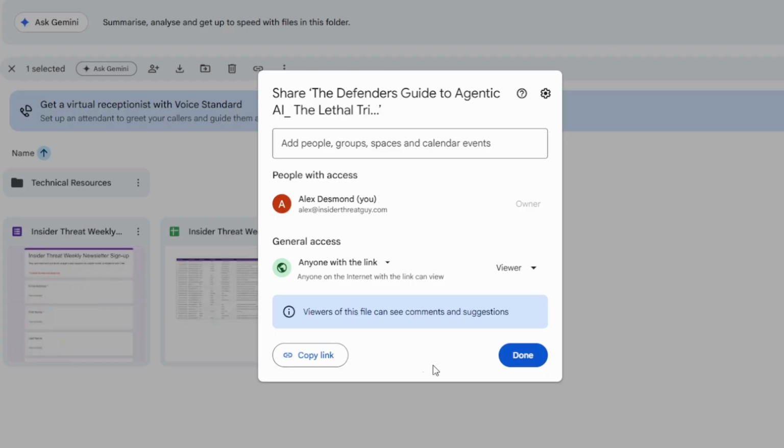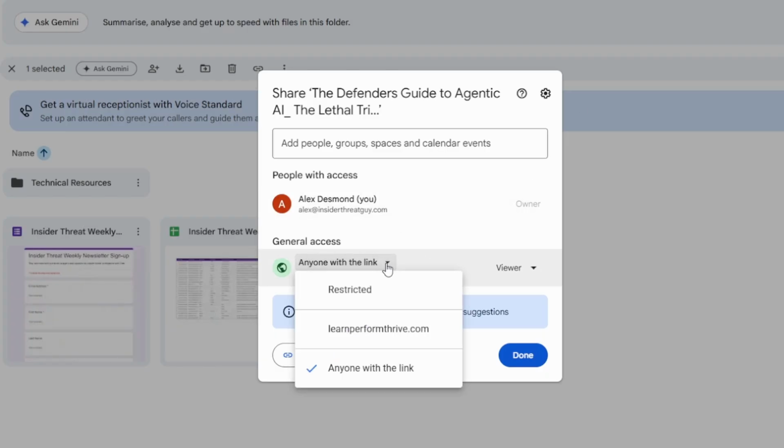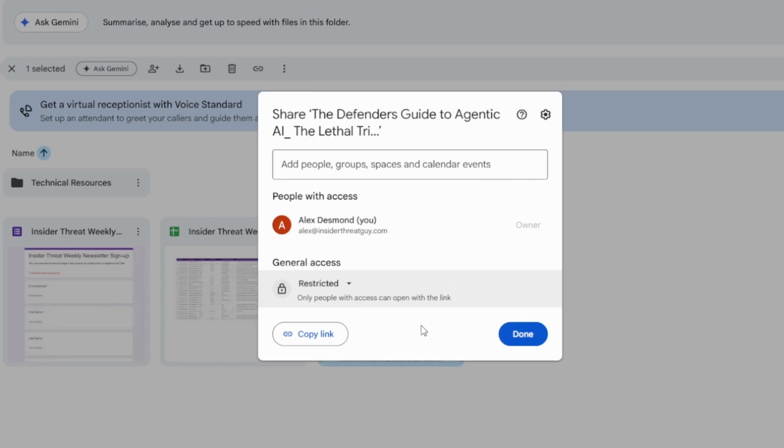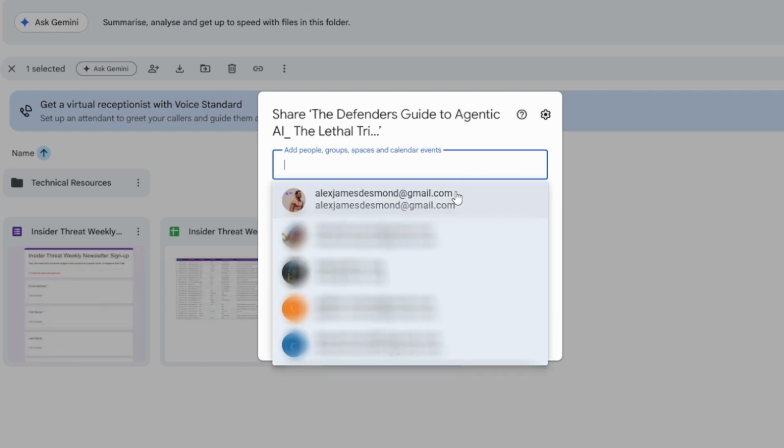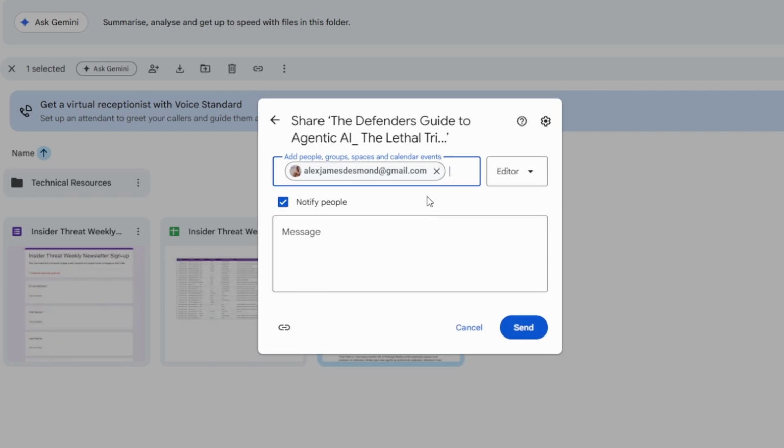If I want to go back, I can now change this to restricted, and the access is now updated. So general access is down. I can copy this link again, and I can send it to people that I only want to give access to. So if I send them this link now, instead of just getting access to the document, it'll actually create a request for me to approve them to access the space. Or I could go through and give them access.